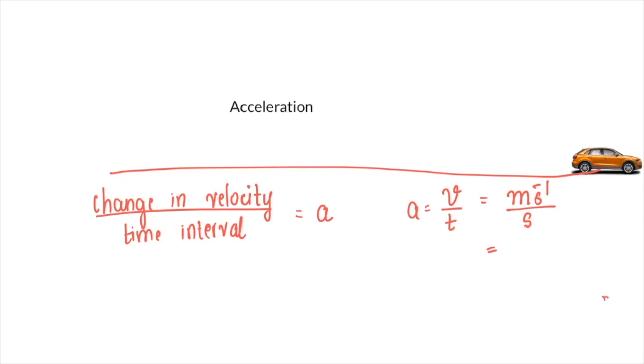That means I have a unit, that is meter per second square. As this one, if it will move in the numerator, it will become minus 1. So meter per second square, it is a unit of acceleration. And for dimensional formula,